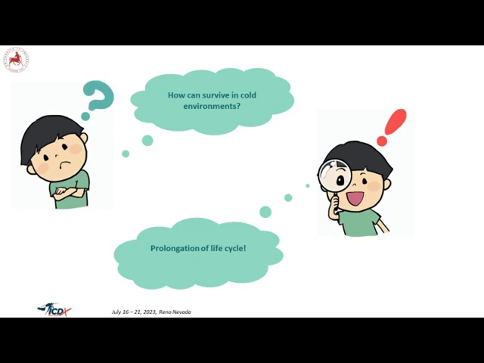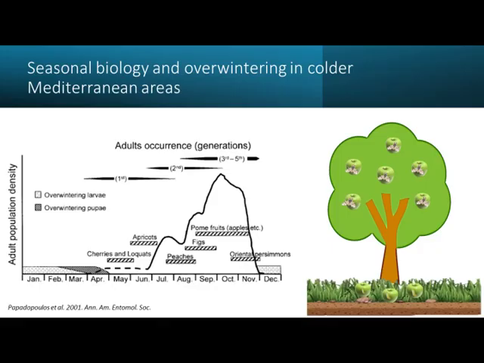But for medfly to survive in these cooler environments, it needs to overwinter. This is the most important thing. It needs to go through a long period of harsh conditions and also a long period of absence of host fruits. Consider that in these countries in Central Europe, you don't have citrus and you don't have fruits from the end of the season, from October, let's say, until next June, or May in the best conditions. So our question for several years was how medfly can survive in these harsh conditions and overwinter.